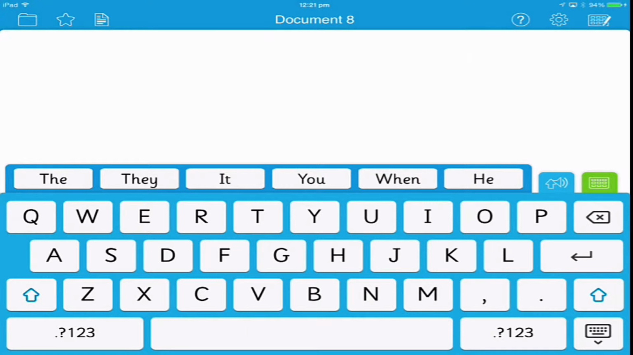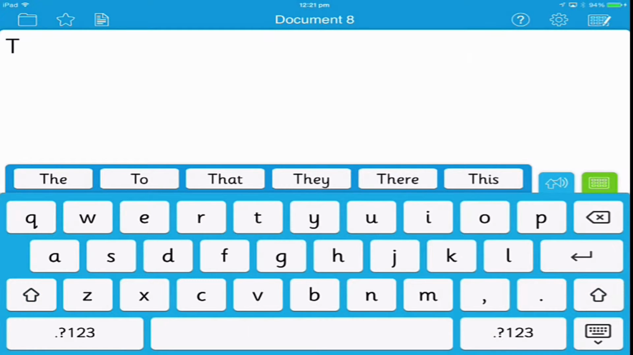So again, you can see we've got a similar format. We've got a writing window at the top and a keyboard at the bottom. The three main supports that I feel Clicker Docs does really well for our literacy learners, kids that are doing writing tasks, is first of all,